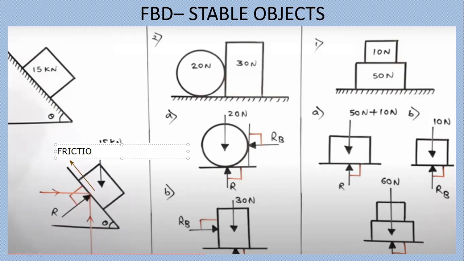You always remember this thing, that friction is such a thing that it will always act in the opposite direction to the motion. Okay, suppose that your body is moving downward, it tends to move downward. This is the direction of motion. Then your friction will always be in the opposite direction to the motion, right? So this is the property of the friction, that it always goes in the opposite direction. Okay, now after that,